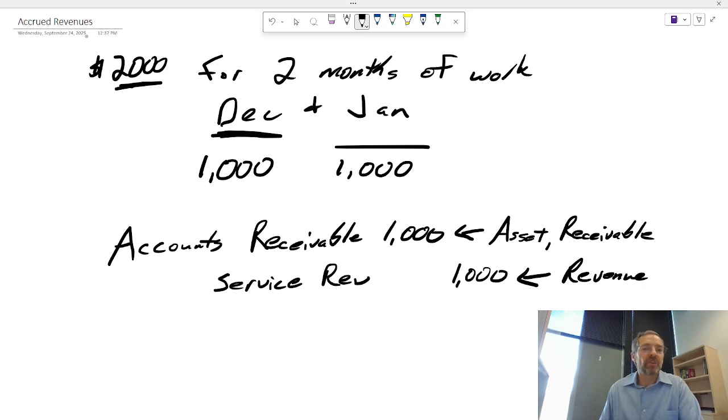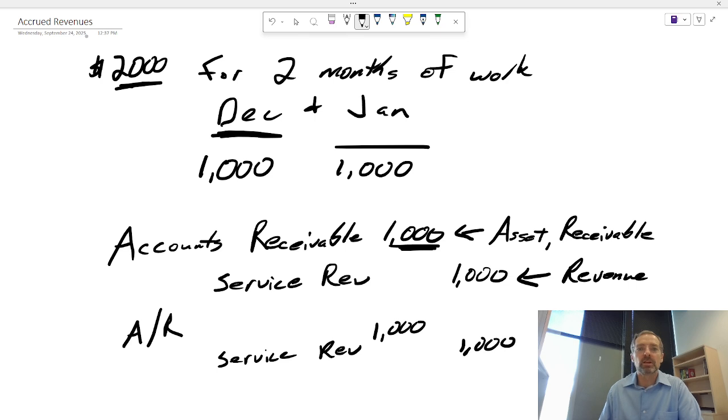All right, just to follow up on this, at the end of January, when we actually send the bill, we're going to send them a bill for $2,000, but we already recorded $1,000 of it in our journal. So we are just going to put another $1,000 into there and make sure that we have $1,000 of service revenue. So this one was done in December. This one was done in January. So it makes sure that the service revenue, the work, was recorded in the proper period, in the proper year.